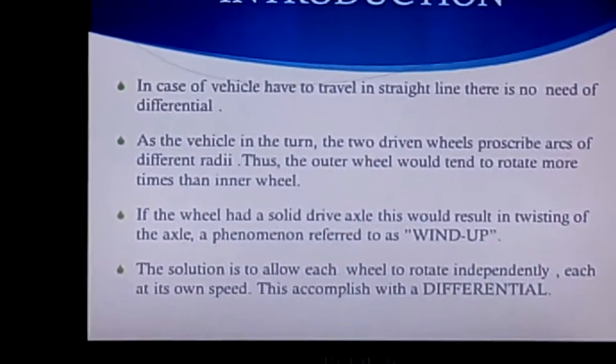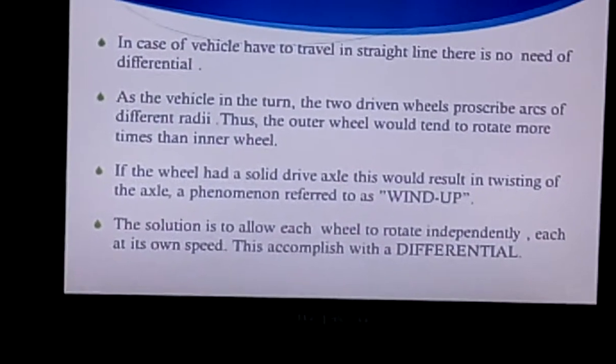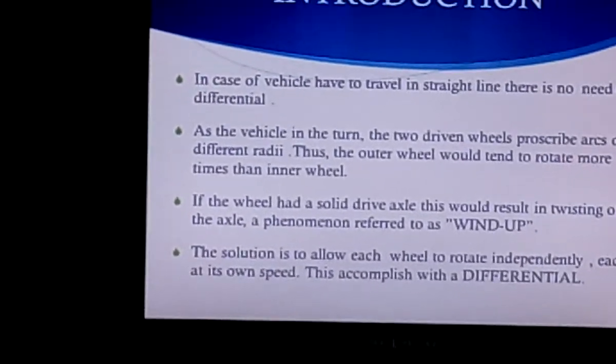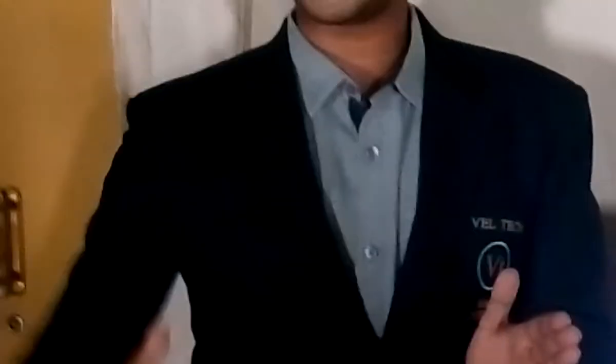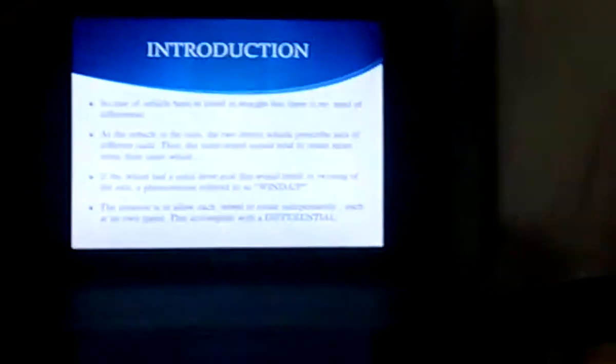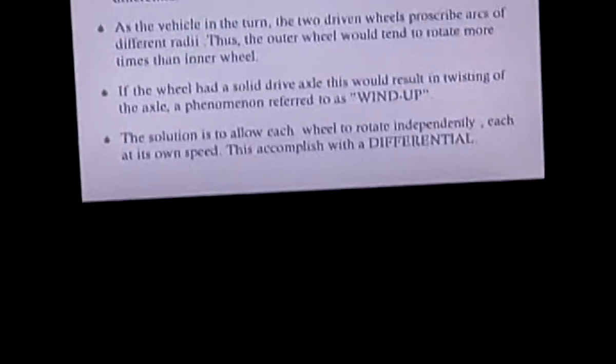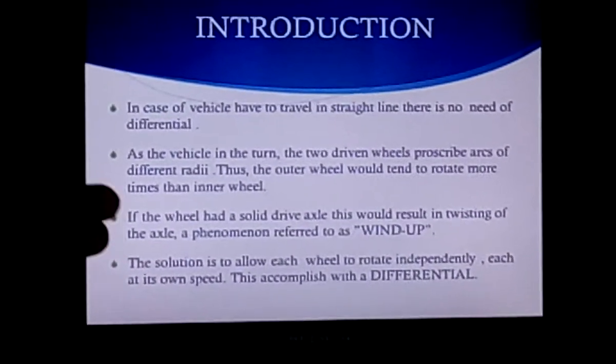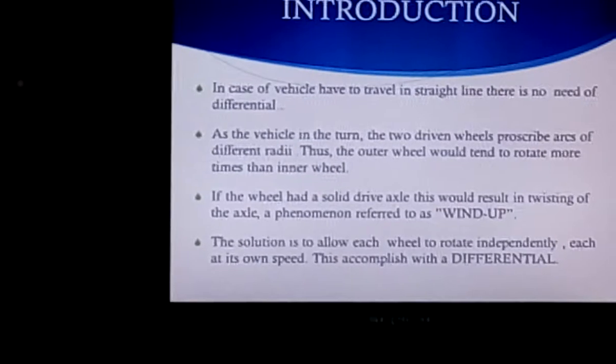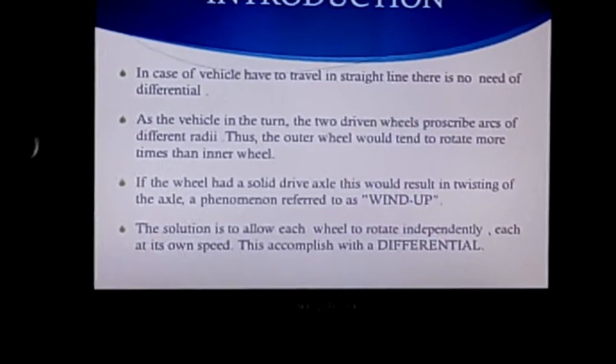First of all, I would like to tell you what a differential is. When a vehicle is going in a straight path, you don't need different speed ratios or different speeds for all the tires. But when it is going in a curved path, one tire should be in slow motion and the other should rotate more. The outer one should rotate more, right? In the same way, we use an automobile part kept in the rear axle called a differential. A differential is a part which gives different speed ratios for different tires. It helps only in taking turns.